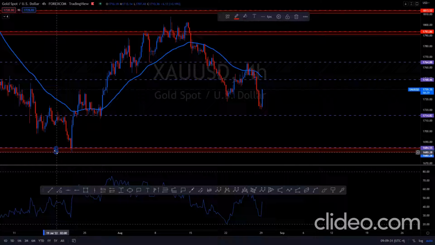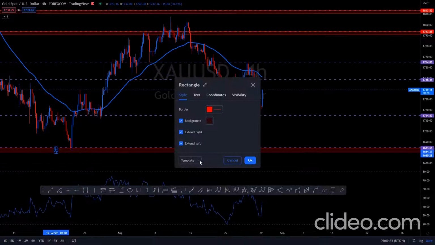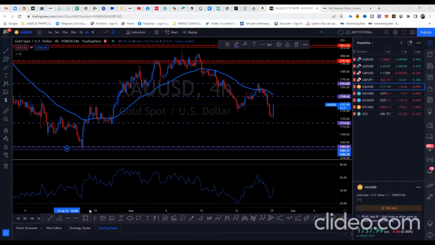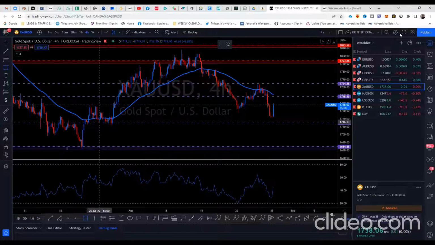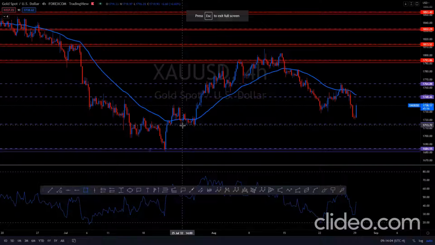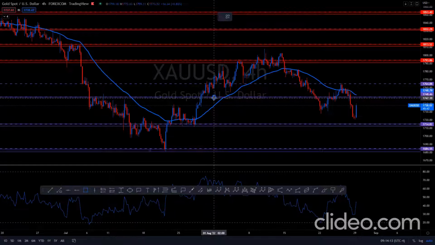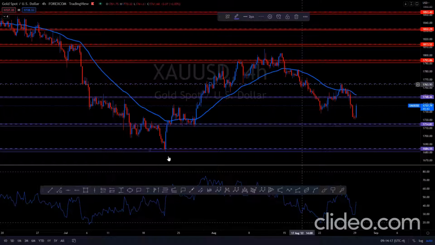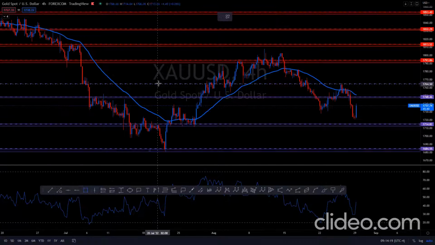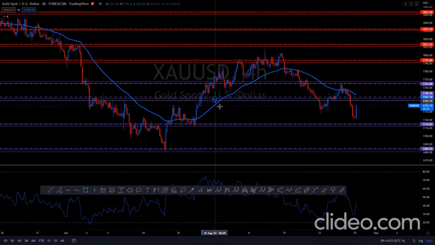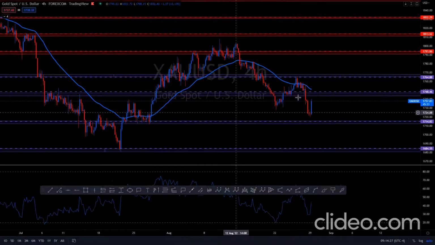Then we're going to go back to the 15-minute and figure out the structure. Sorry about that, guys. My computer was acting up. As I was saying, we're going to mark up these zones. I'll extend the zone a little bit down. All right, so now what we're going to do is